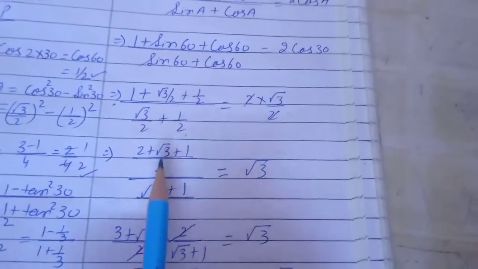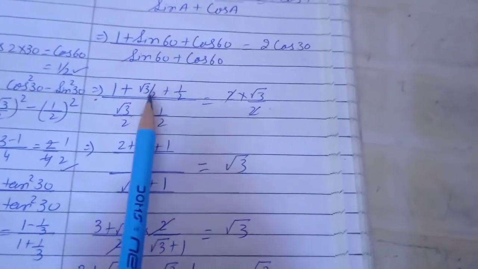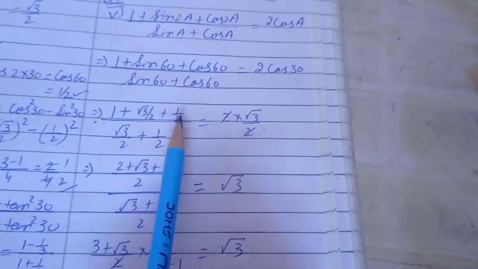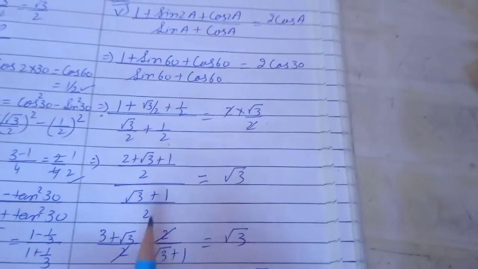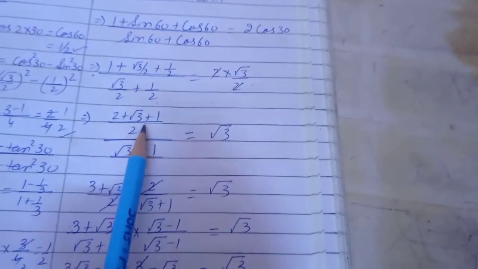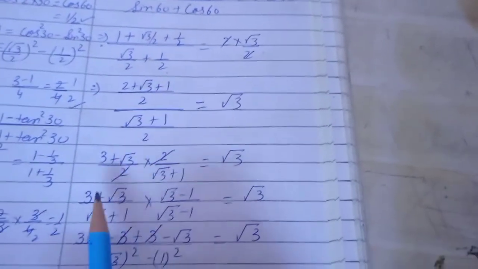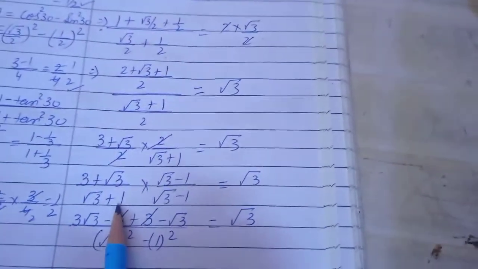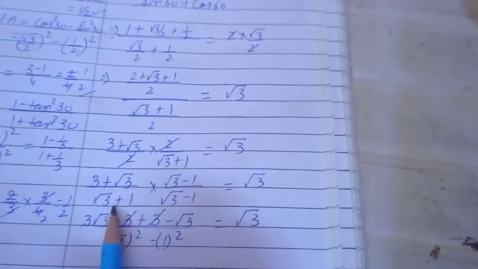Now in order to solve this, let's take the LCM. LCM will be 2. 2 into 1 will be 2. 2 will get cancelled with 2 root 3. 2 will get cancelled with 2 1. Here also the LCM will be 2. You are left with root 3 plus 1. When you reciprocate, 2 and 2 will get cancelled. And we are left with 3 plus root 3 upon 3 root 3 plus 1. Again, we are left with a root in the denominator.